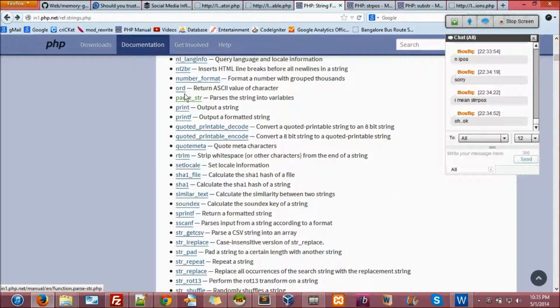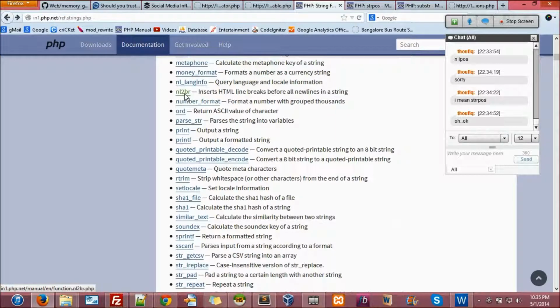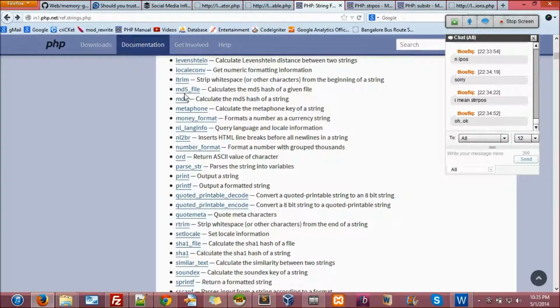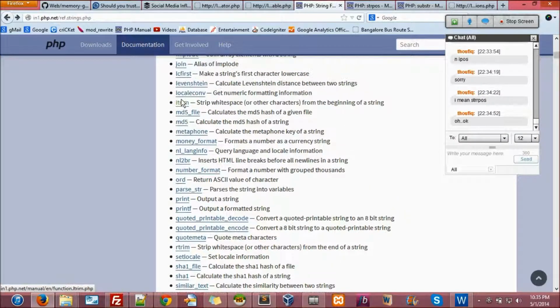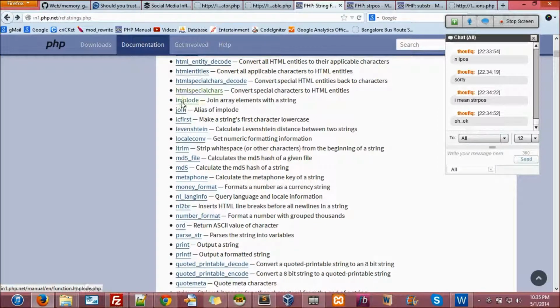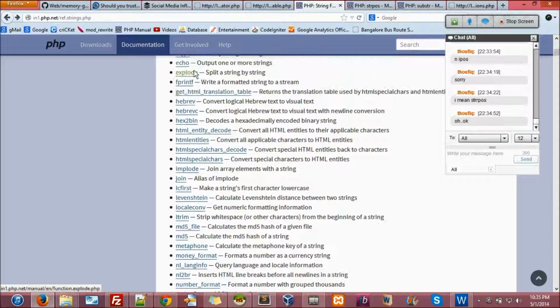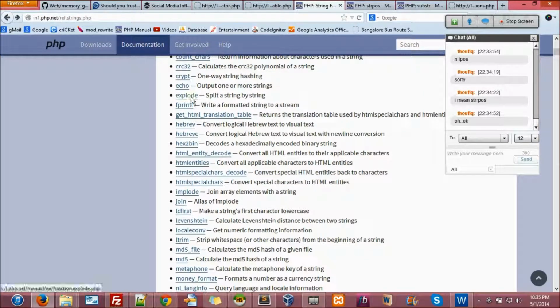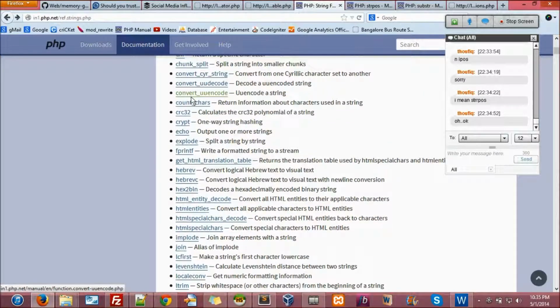And nl2br is important. MD5 is important. Implode is important, and there is an explode function too, that's also important. And htmlspecialchars, htmlentities, both are important. Explode is important.